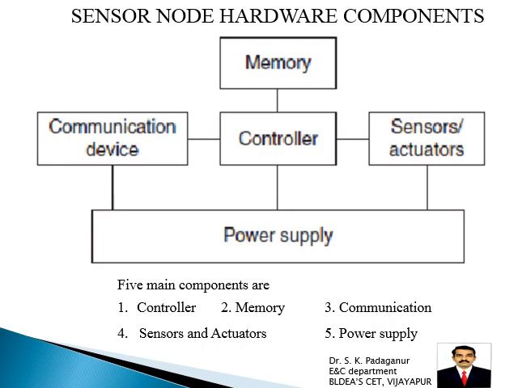The diagram gives the hardware components of a sensor node. There are 5 main components. The first one is the controller, which will control the entire process of the node. Then we have the memory, the communication device, the sensors and actuators, and lastly the